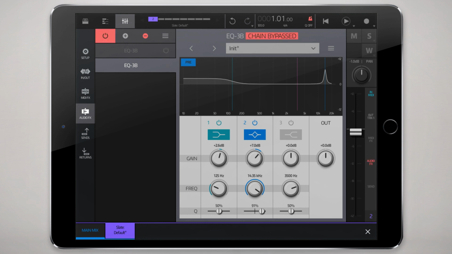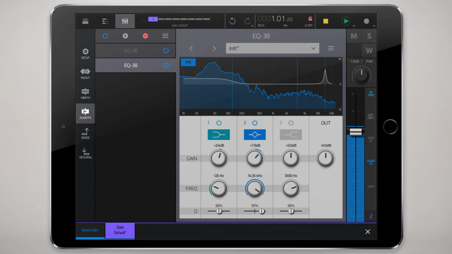So this is the original. At this point, it almost doesn't sound like a kick. It just sounds like a bunch of room reverb, really. But with the EQ, it's maybe a little too boomy, too bassy, but look at how big of a difference we've already done. And we haven't even sculpted it with anything like dynamics, compression, and so on,